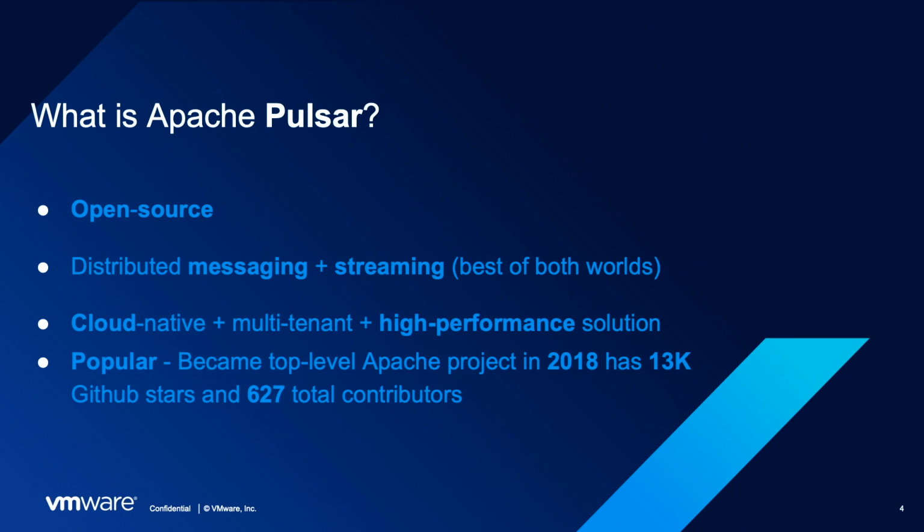So what is Apache Pulsar? Apache Pulsar is actually an open source project that is gaining a lot of traction out there. It provides essentially various flavors of semantics to your messaging and streaming apps, distributed messaging and streaming. So it kind of gives the best of both worlds. If you are familiar with things like ActiveMQ, RabbitMQ, and Apache Kafka, which is so prominent out there,